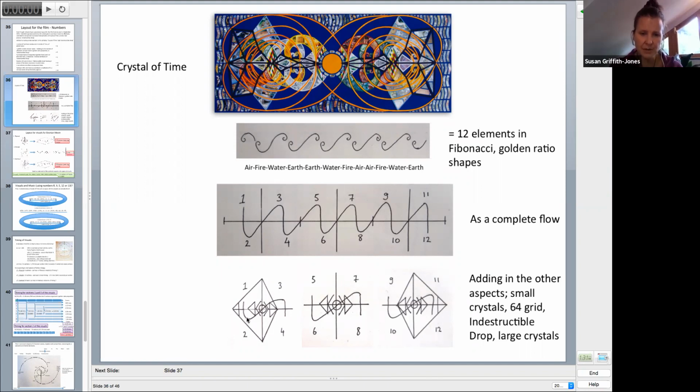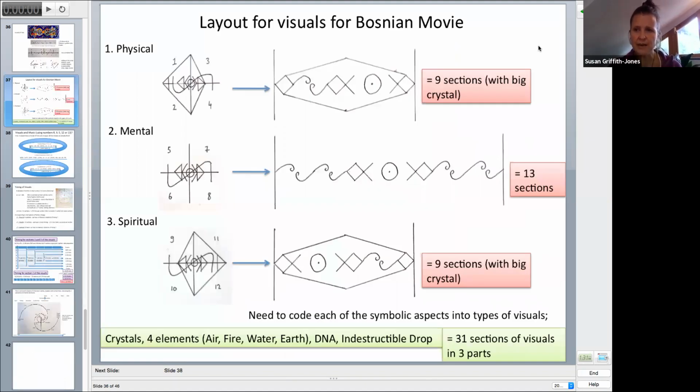So we have a crystal, we have the elements, we have another crystal, we have the 64 grid, we have the central golden circle, which is the indestructible drop. We have the other part of the 64 grid, the circle, and again the elements, all enclosed within a larger crystal here. So what I did was I created this symbolism for the whole of the crystal of time, so that I would have a flow, again 1, 2, 3, 4, flowing in 12 segments. So adding in the other aspects, these small crystals, 64 grid and the indestructible drop and the large crystals, I created this structure,